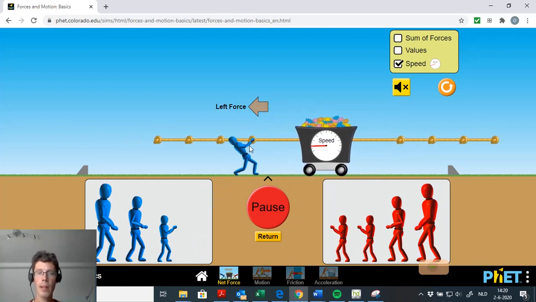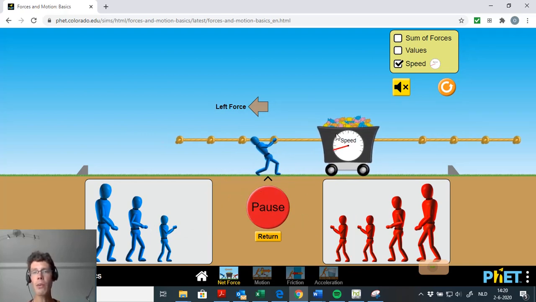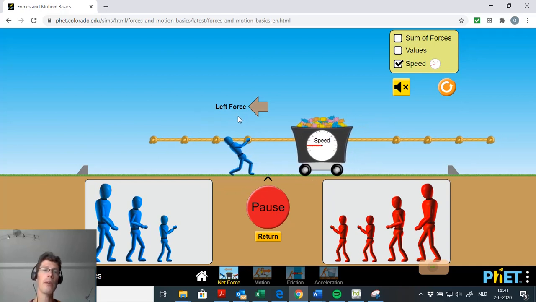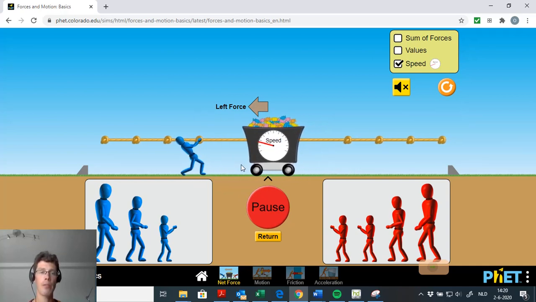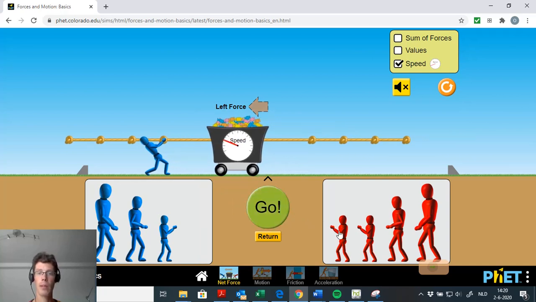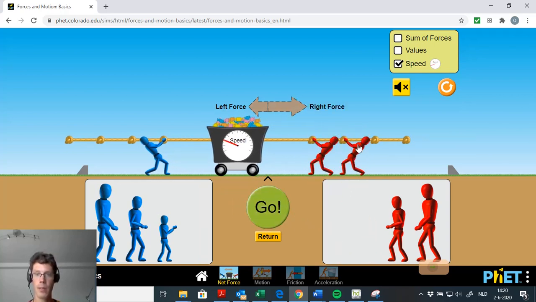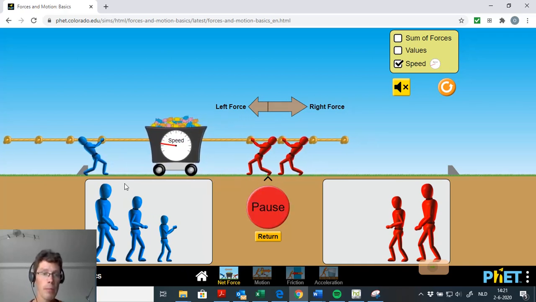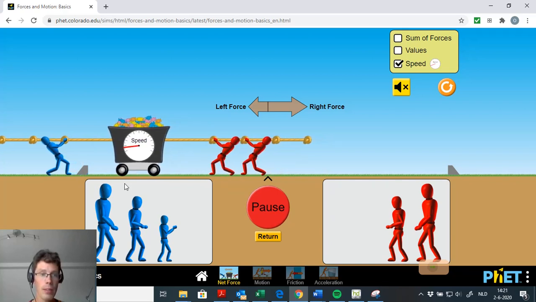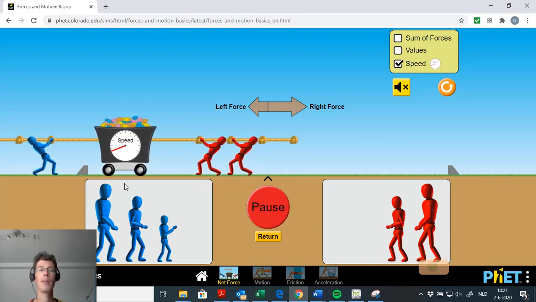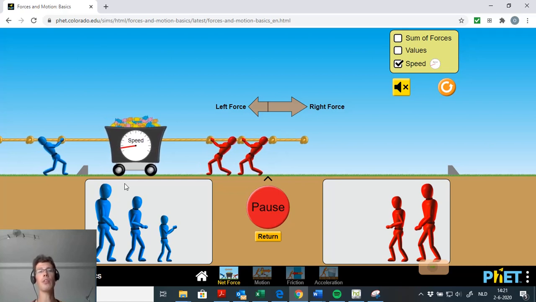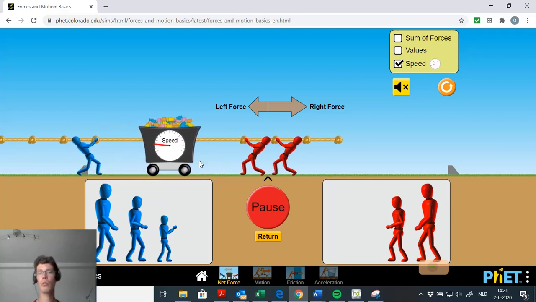And I'll add another guy on this side. And now the car starts losing speed, and now it starts gaining speed in the other direction. But the force is to the left all the time. And if I add 2, now the force to the right is larger. So you will see the speed will drop again. Hopefully on time. Nope, he will pass. And yes, they reduce the speed to 0, and then start increasing it to larger numbers